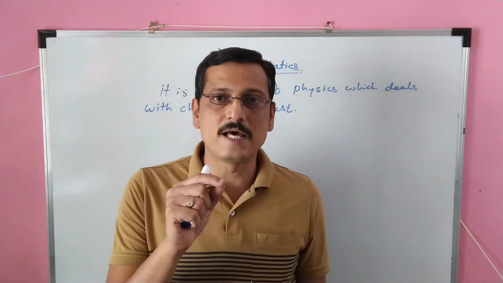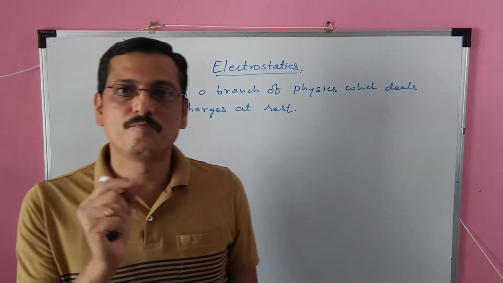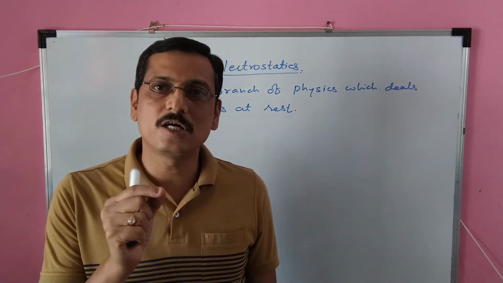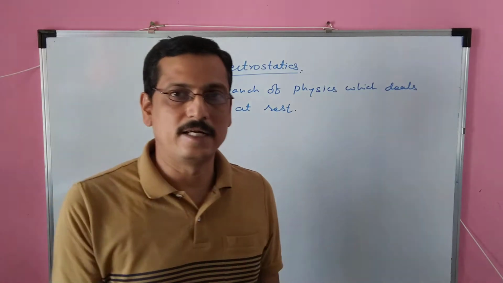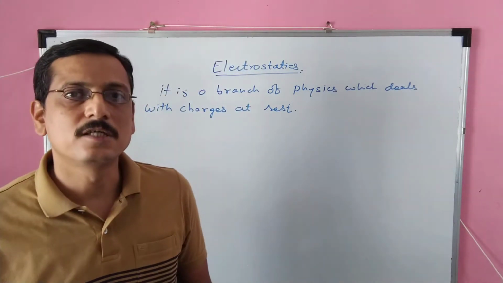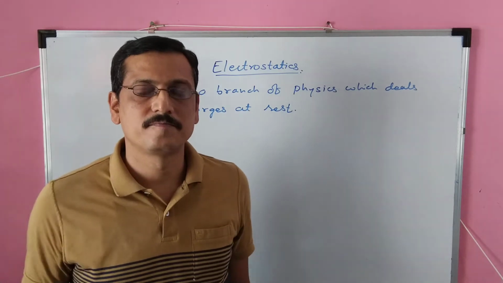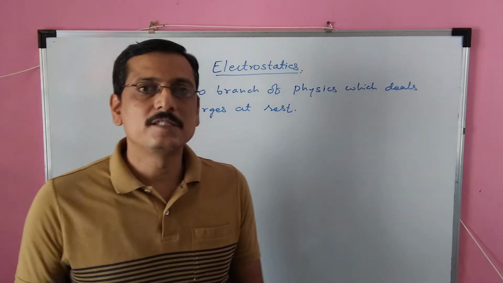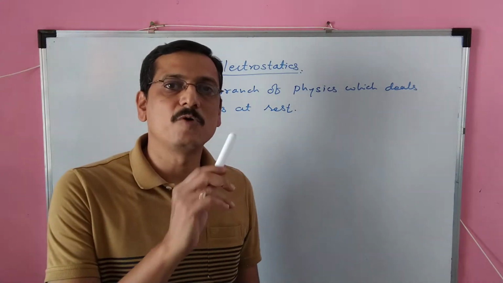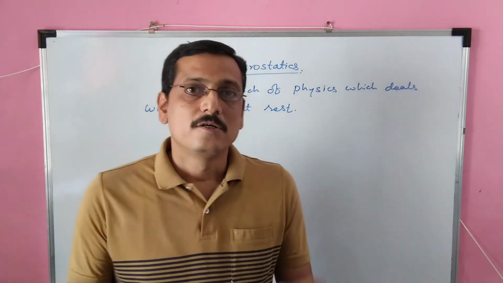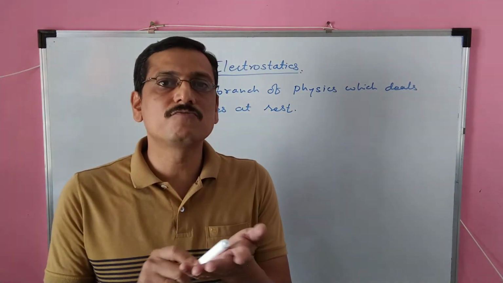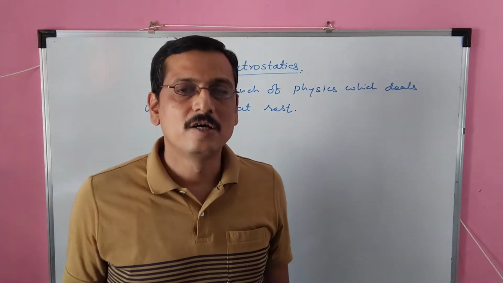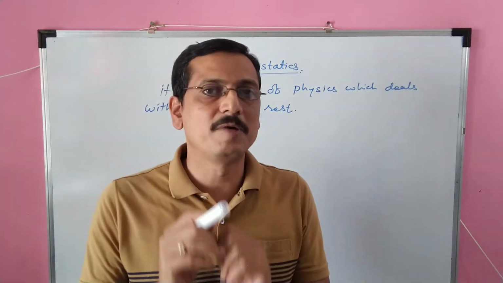Now you have also studied that there are two types of charges, positive charge and negative charge. You have studied in class 10 that like charges repel, unlike charges attract. For example, when a glass rod is rubbed on silk, the glass rod gets positively charged. If two glass rods rubbed on silk are freely suspended, they repel each other, which shows that like charges repel each other.